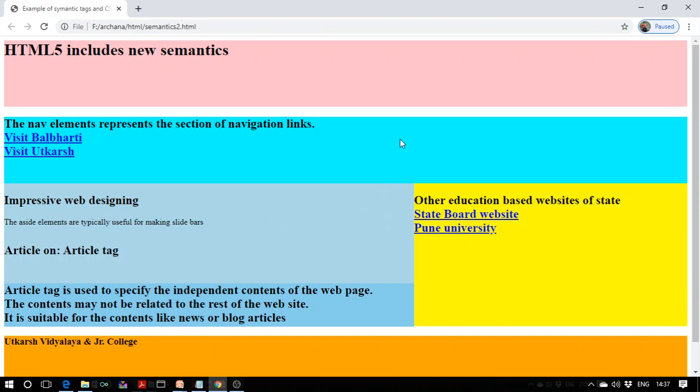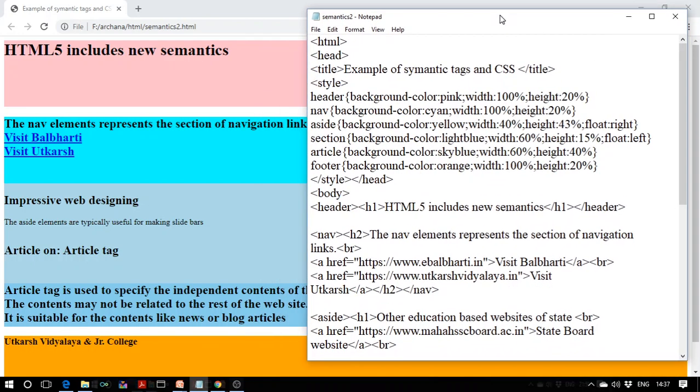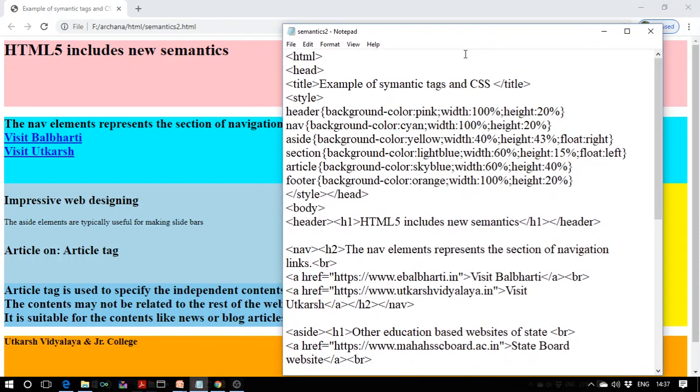Okay, so let us start with the code. We will see the code which I have already stored in the notepad. Now students, over here we have made use of the new semantic tags, but for the styling of the web page, we have used the semantic tags along with the CSS, the cascading style sheet.